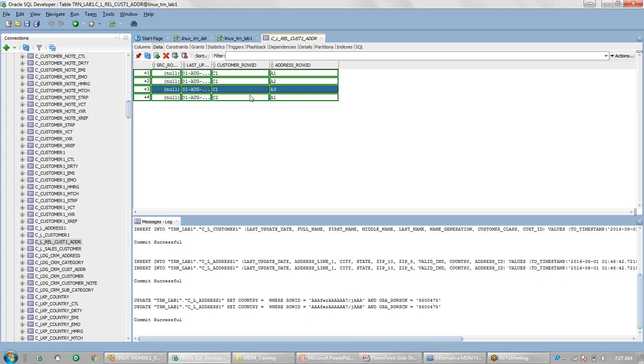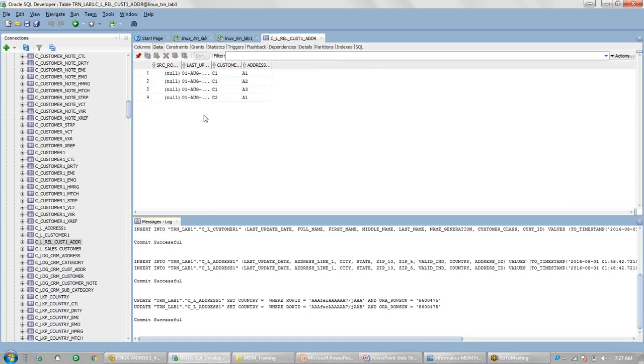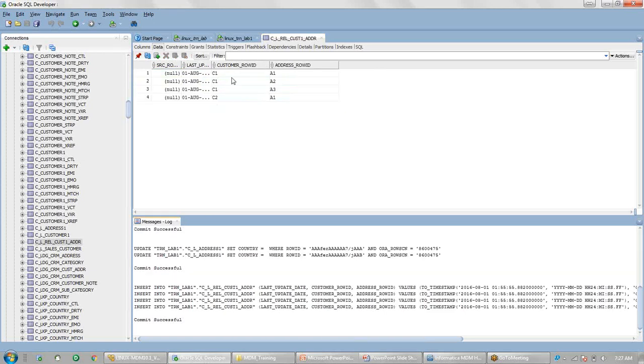So in my relationship table, or whichever is the child table, I pass the PK source object of the parent table, because from the source I can get this only. Source has a primary key of C1, C2 and A1, A2. So that is what I can get. I don't know what the row ID object is as of now, because the row ID object is stored by MDM. So these are the values that we have here. Now I will go and run the stage and the load job, and we'll see how the data is getting changed.